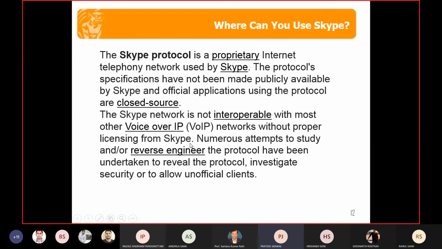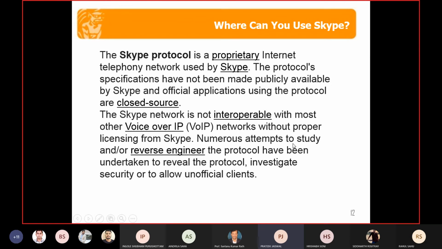It means if you don't subscribe to Skype, or don't have a license, like retailers have some kind of license, you cannot operate it. Numerous attempts to study or reverse engineer the protocol have been undertaken to reveal the protocol, investigate security, or to allow unofficial clients. But nothing came true, because Skype was very secure at the time. It is closed source.